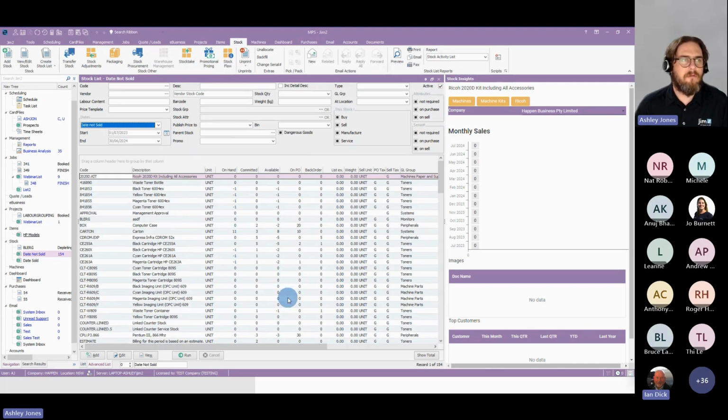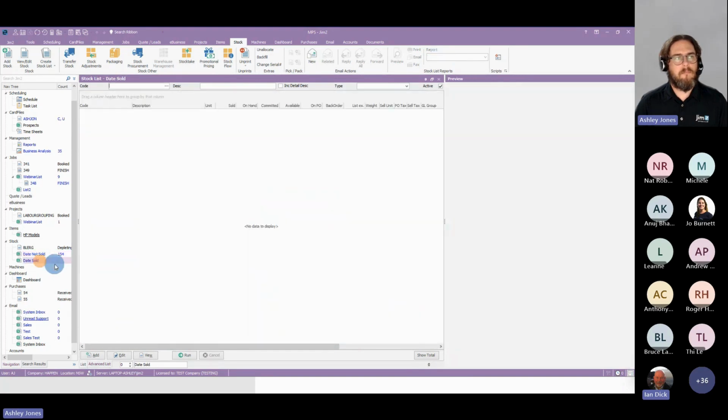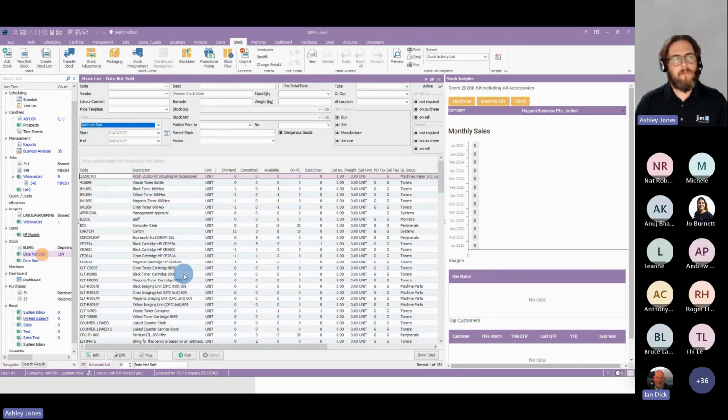the screen. It's useful to tell you haven't sold it, but just keep in mind there may be other reasons why you haven't sold it, not just a demand one. It could be you haven't bought it either. There's been no purchases, we've had no stock, and as a result, we've found that it hasn't been sold. For that reason, you might want to use other filters in this list as well, such as only show me stock that is on hand, using, for example, the stock quantity field at the top of that